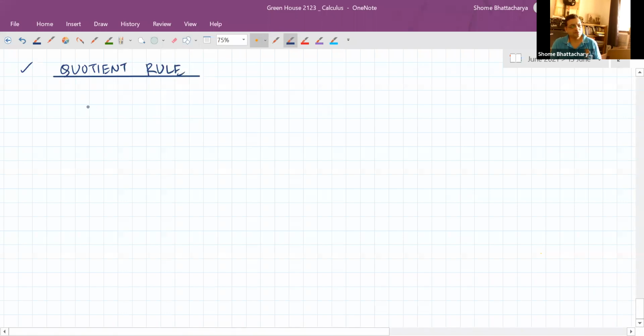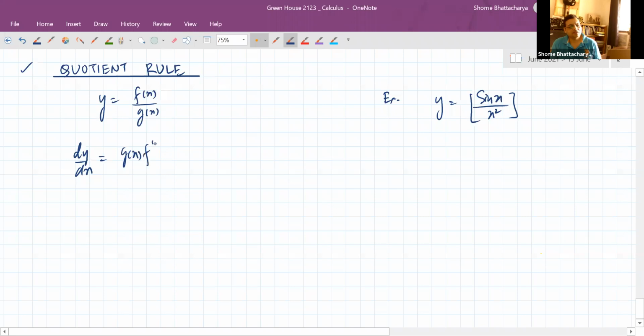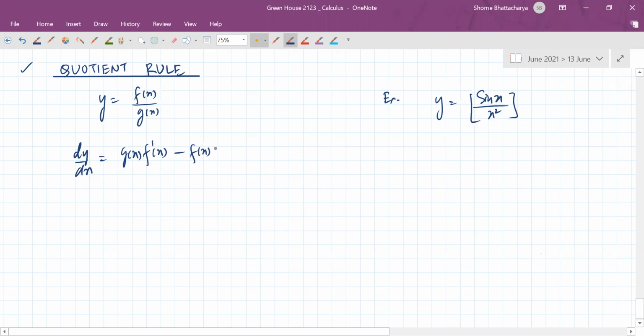So the quotient rule is for something like this. If we have y, which is the quotient of two functions. For example, we have y is equal to, let's say, sin x divided by x square. So then we have to use this quotient rule method to differentiate. So dy by dx. Now this one is a bit of a complicated formula. It is given by denominator multiplied by differentiation of numerator minus numerator multiplied by